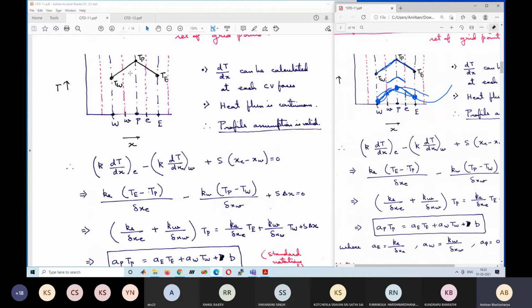So it does not matter to us whether there is a jump in between the values, because these are just discrete values, not continuous values. Anyway, you are not going to calculate a derivative. So if you want to calculate the derivative at point P, what will you do? How will you find the derivative at point P? Say if you want to calculate the heat flux for the control volume P, what will be your option in a numerical problem? It will not be accurate, but what will be the option?